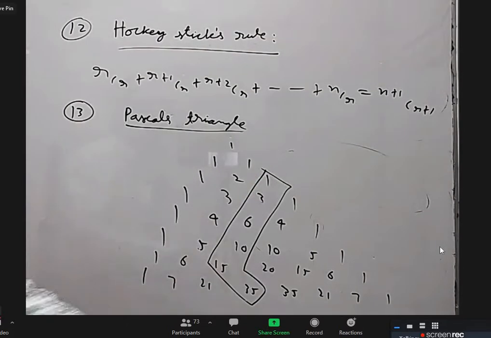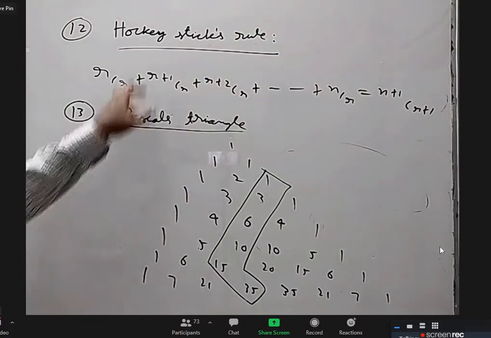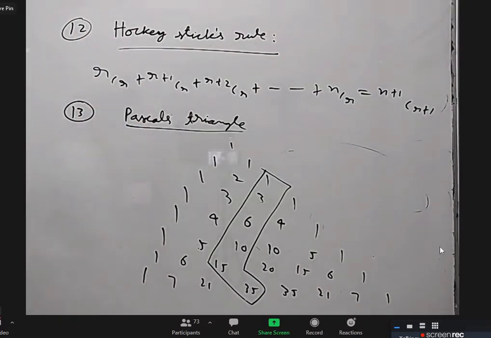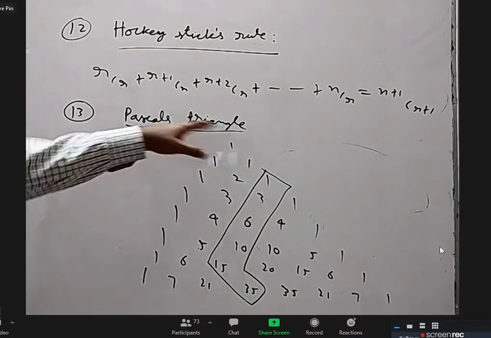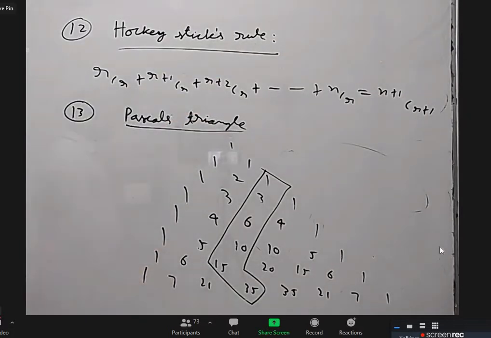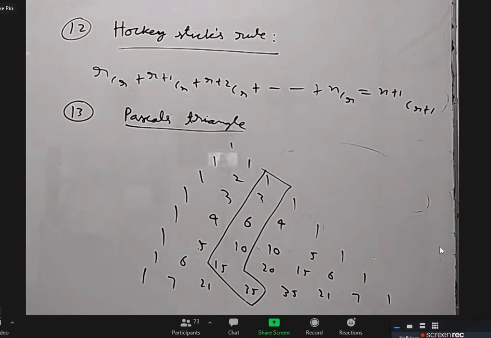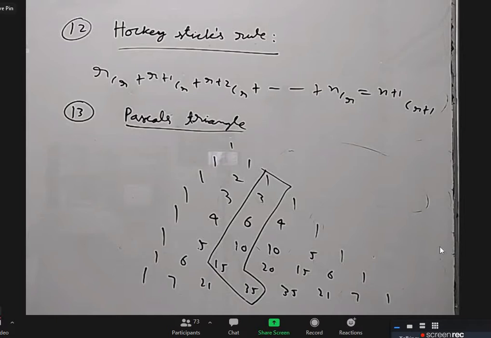Does it look like a hockey stick? Yes. That's why in some countries they call this the hockey stick rule. So anyway, just write the partial triangle and write this much. Somewhere it will be useful. At least, for some formulas, there should be some names, so that if somebody asks, sir, how to do this question, I just tell you use the hockey stick rule. Giving names is convenient.